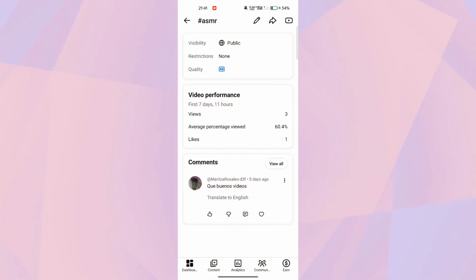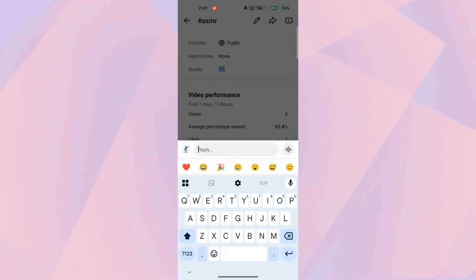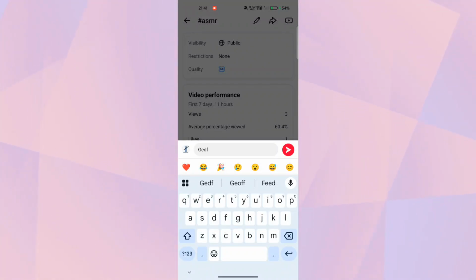Here you guys can see in the comment section on the downside a heart option, chat type option, like and dislike option. So for replying, simply click on that chat option, and once we click on that, here you guys can see reply. So you guys simply write whatever you want to write in the comment as a reply, and after that click on that red arrow. Once we click on that red arrow,